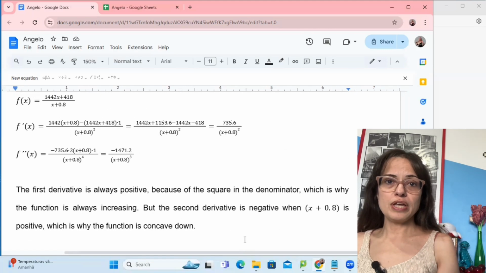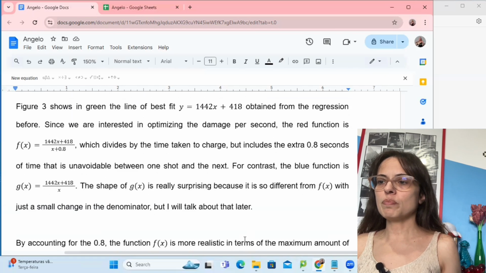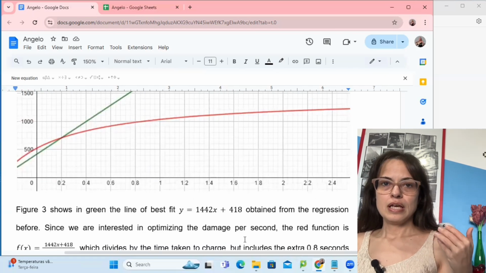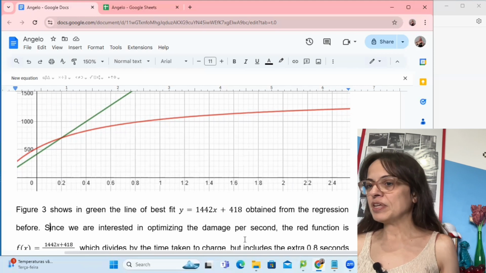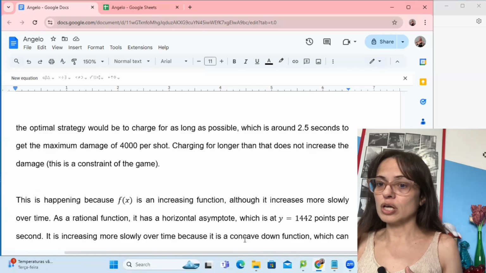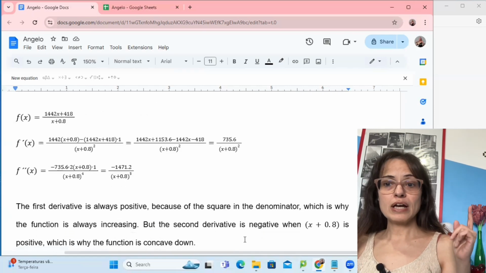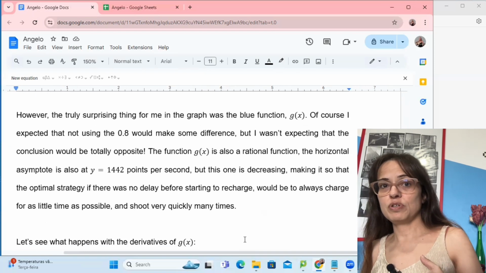So this is where we had stopped. We discussed the derivatives. We talked about the damage per second, including the 0.8 second delay. It's increasing, it's concave down. The optimal strategy is to hold for as long as possible and then fire a big shot. Okay, now let's go back to talking about the blue function, which is actually going to be the more interesting